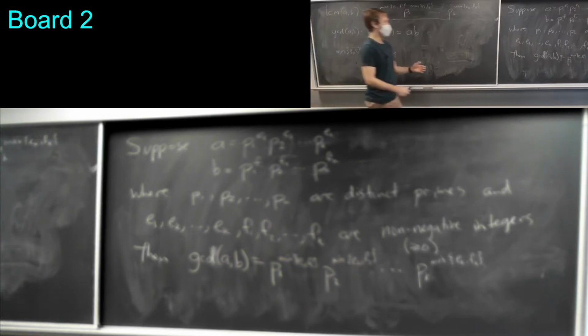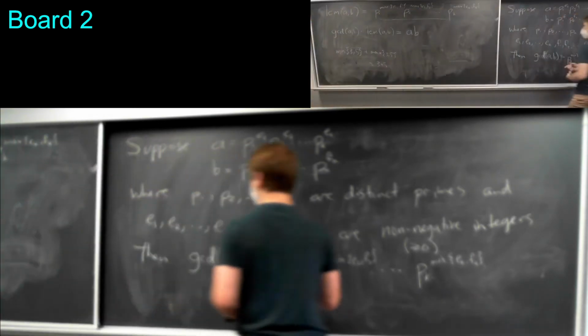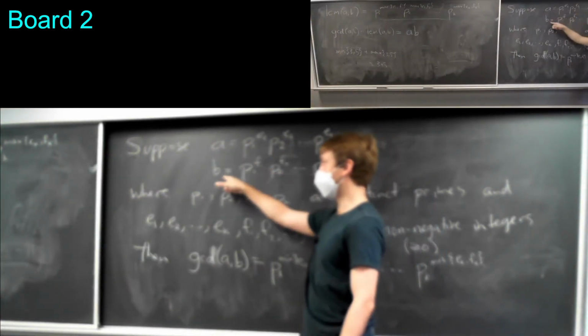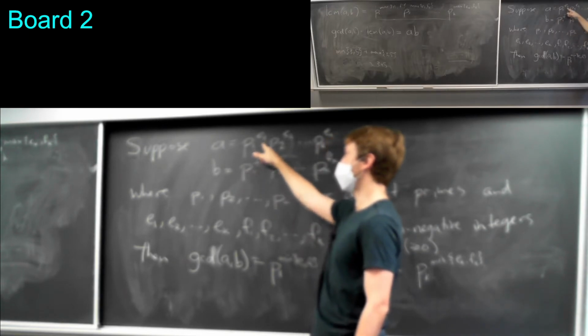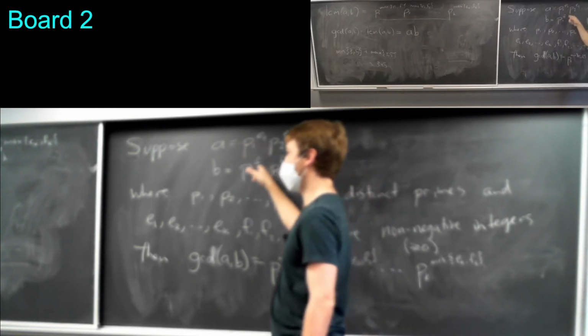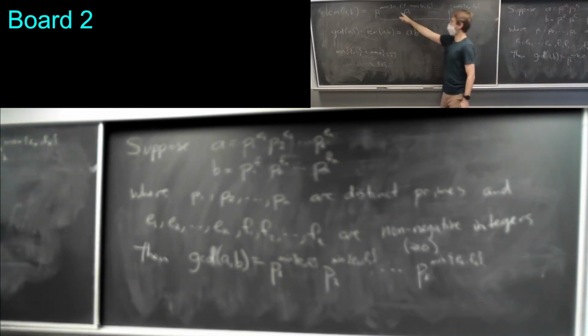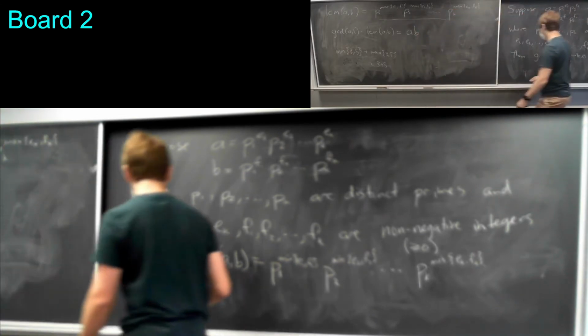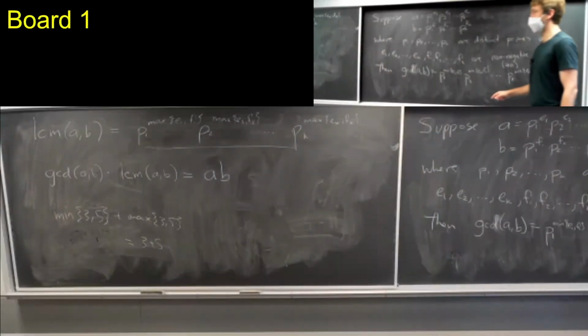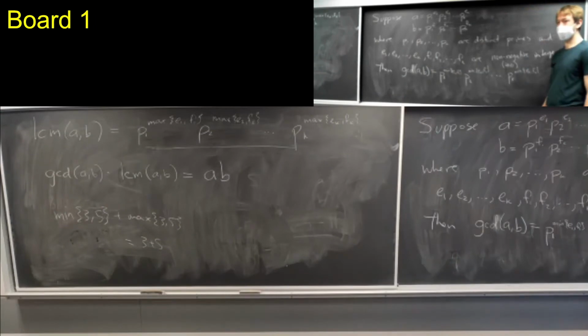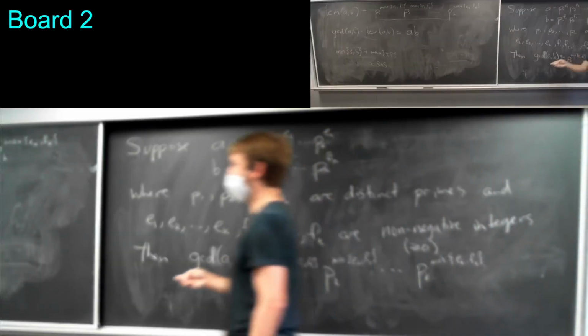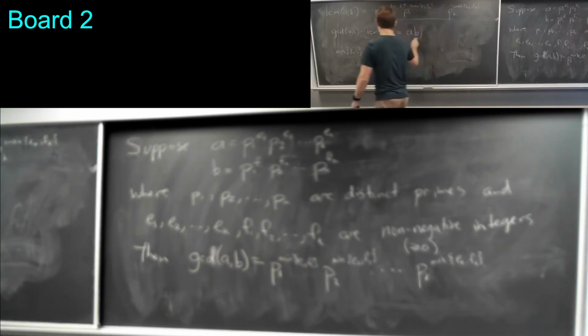So if you think about it, what this is going to give you is the same thing as you get by multiplying A and B, because the exponent on P1 will be E1 plus F1 when you multiply A and B, but it's also going to be E1 plus F1 when I multiply the GCD and the LCM. Okay. So in some convoluted way, this actually implies this,